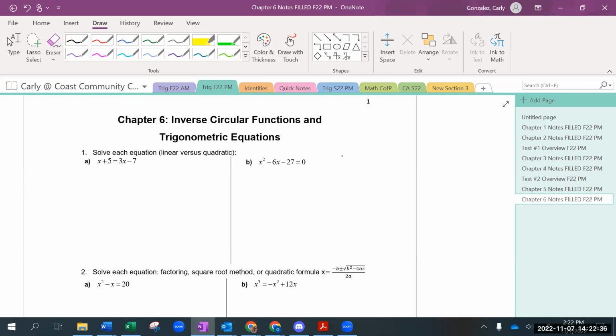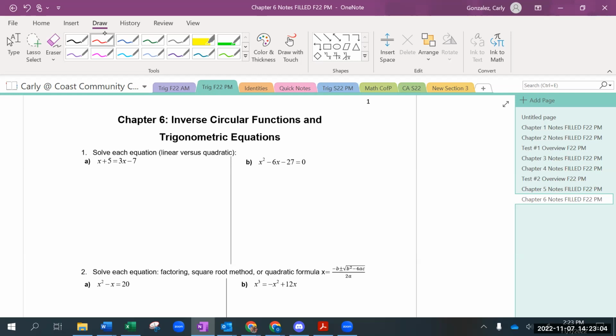For 1a, we notice it is linear. Again, one thing you might notice is that there are no x squareds or y squareds or an xy or a square root of x. There's just different terms with constants and just an x in it. So we also may notice that we have the two terms that have x in it, but they're on different sides of the equation. So the first thing we could do is get all of our x's to one side